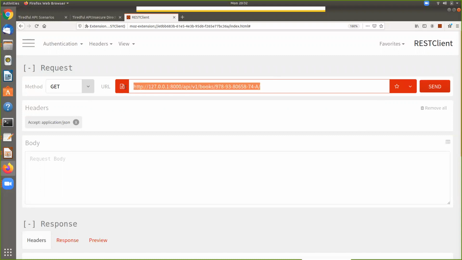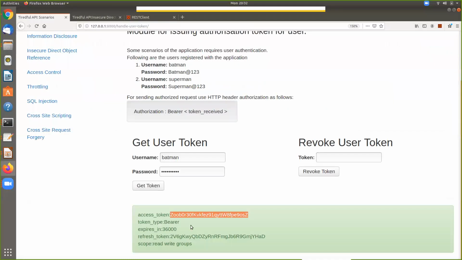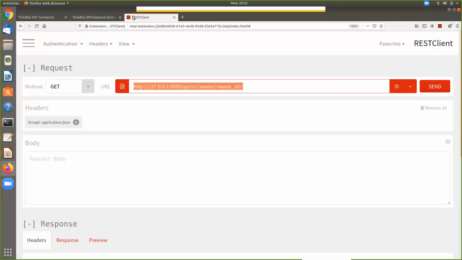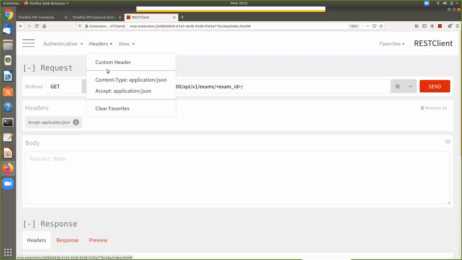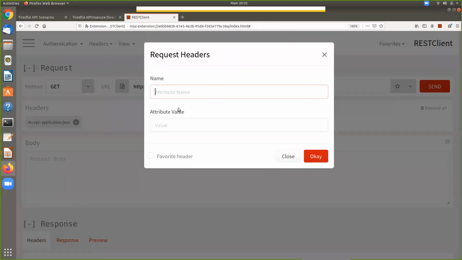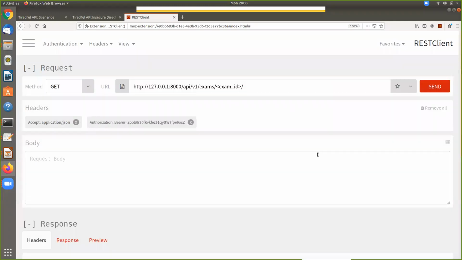So that means that we're going to need that access token. So if I come back here, I'm going to grab this and then go into headers, and I need to add a custom header, and we'll do Authorization. And remember, we talked before in the slide deck about Bearer, and we'll just do equals and paste this in here.